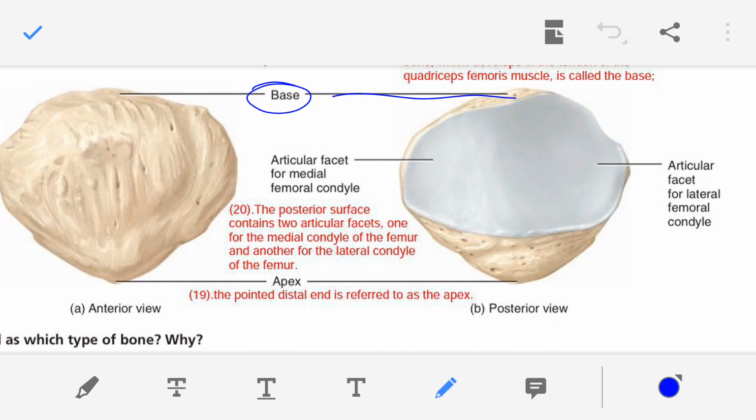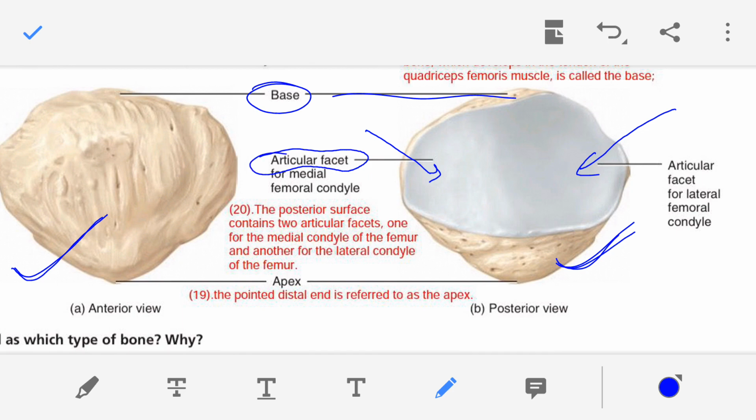Now this is the anterior view. This one is the posterior view. So in the posterior view, as you can see, two facets are present. For example, this one is the facet and this one is the facet. So both the facets are known as the articular facet. This one is also articular facet, and this facet,